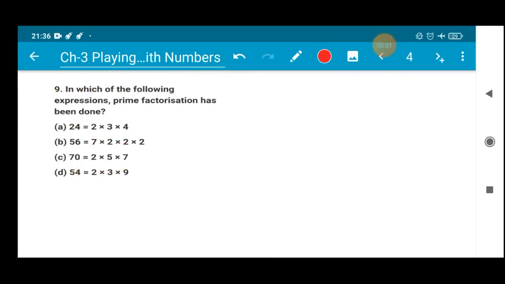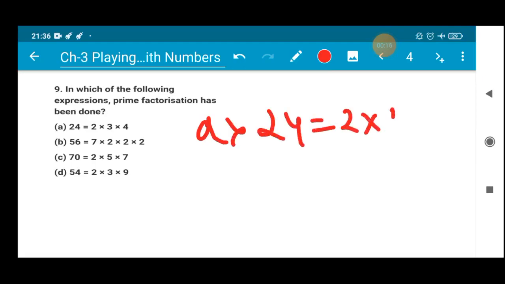Okay, proceeding to the next question, question number 9. This will be the last question for today's session. In which of the following expressions has prime factorization been done? If I have a look at 24 equals 2 into 3 into 4, this prime factorization has not been done properly, because 4 is not expressed in its prime form. 4 is a composite number, so we will say that the factors of 24 are not expressed